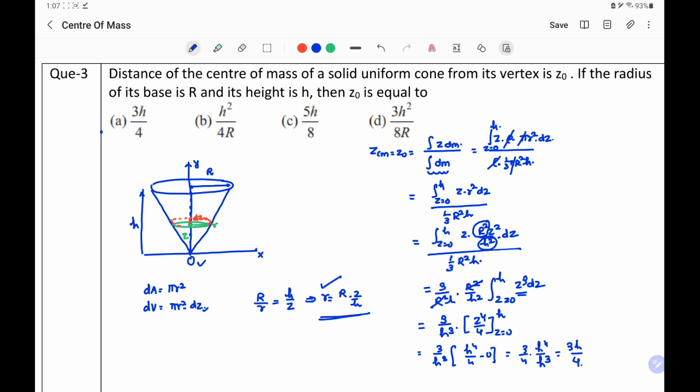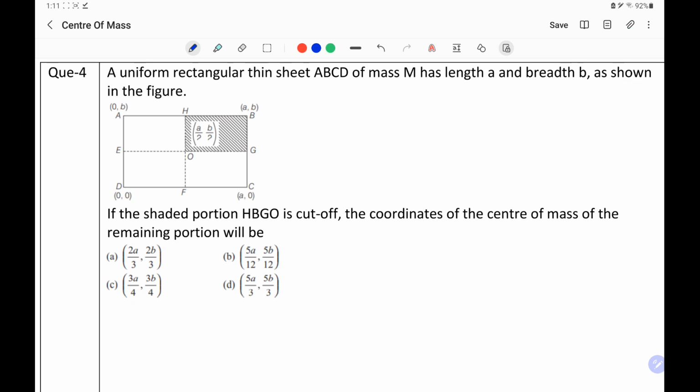Hence option A is the correct option. Fourth question is, a uniform rectangular thin sheet ABCD of mass m has length A and breadth B as shown in the figure. If the shaded portion HBGO is cut off, the coordinate of the center of mass of the remaining portion will be. The center of mass has the x coordinate for the remaining portion equal to m1